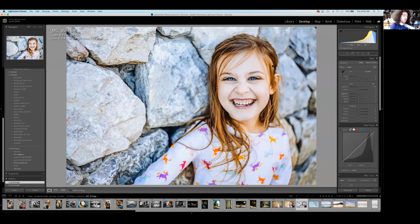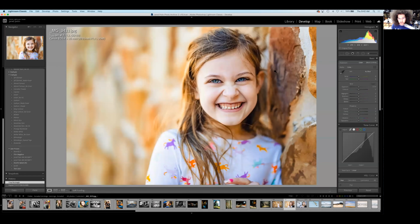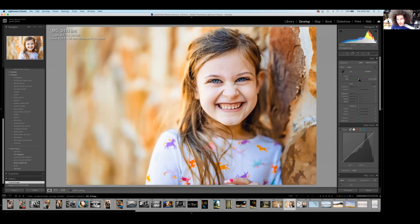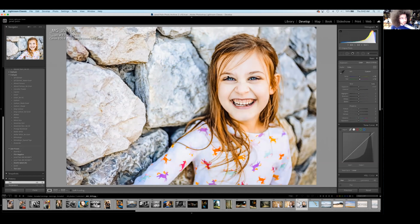And it just draws you in more. I don't care that the arm's cut off on this one. I like the colors. We'll try to keep the colors even. See how blue that is? See how warm that is? So here, I would probably try to warm it up a little. Try and match it as much as possible. I know it's different lighting scenarios. We're at 1.8. Good job getting to that